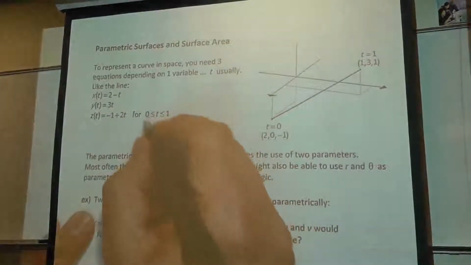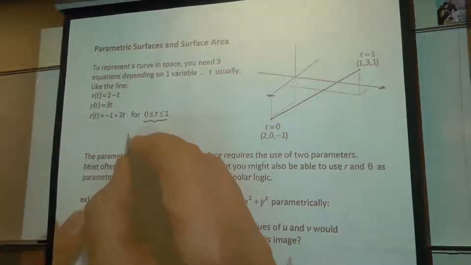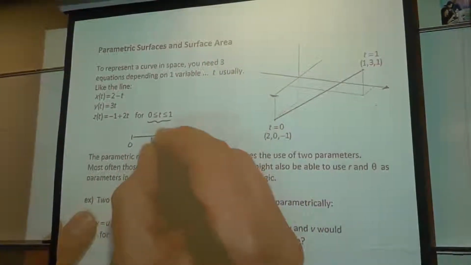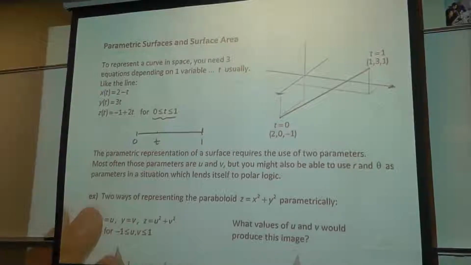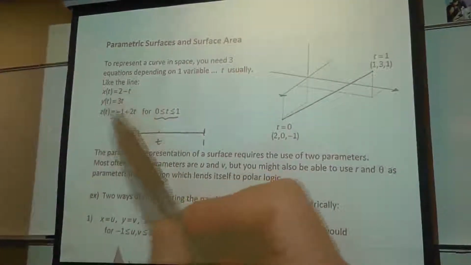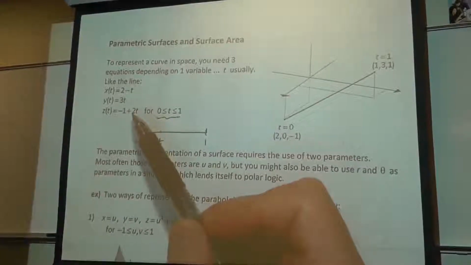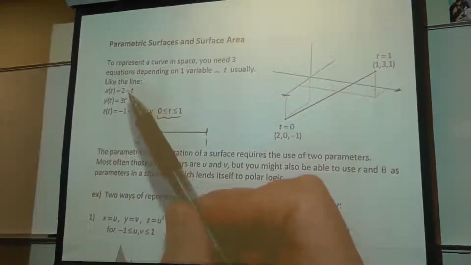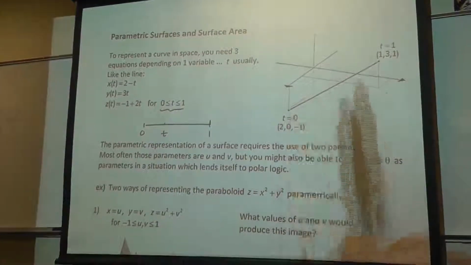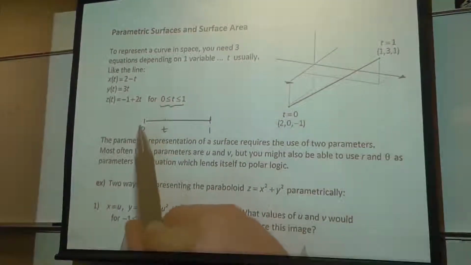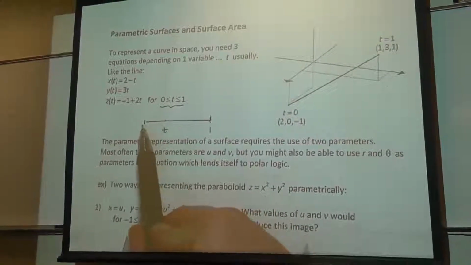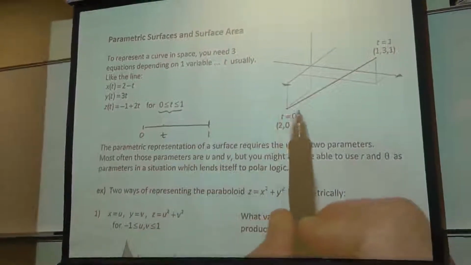is you're taking some t domain, t values somewhere between 0 and 1. And then in 3 dimensions, if you let x, y, and z depend on this variable t like this, in this case, all the uses of t in these equations are linear, so this should give you a line segment that connects these 2 points. So you're essentially mapping, or in other words, sending values of t on this domain onto these 3-dimensional points